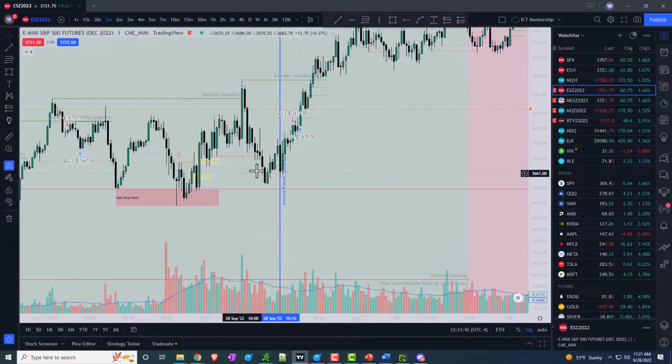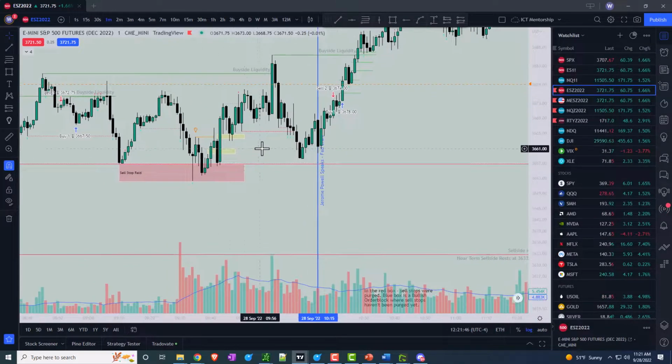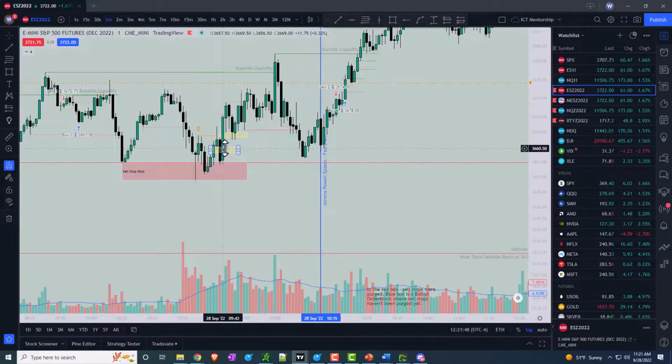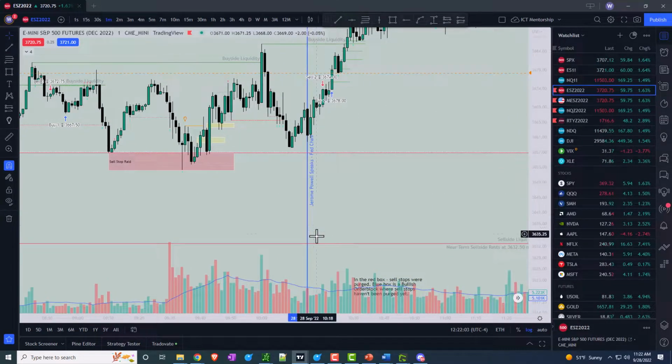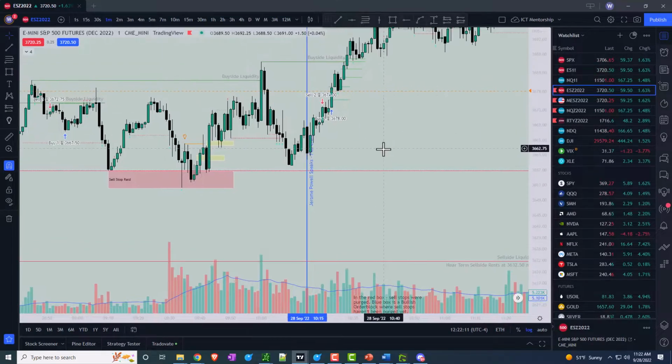So looking at after this was raided right here, we had a setup where it took out this short-term high, traded down into this fair value gap, pushed off, and actually could have got into it again, aiming for these targets, these buy side liquidity pools. And then we're getting pretty close, so the Fed chair spoke today, and I have this blue line indicated where the